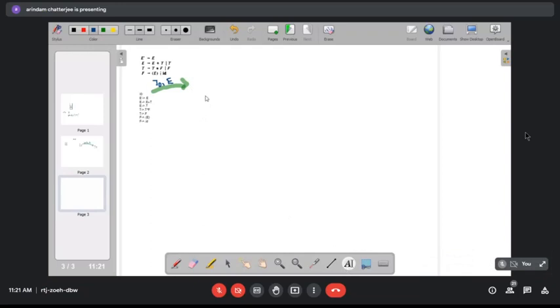Sorry, it should not be state, it should be set. We'll see that this is actually translating into DFS states. So this is I1.